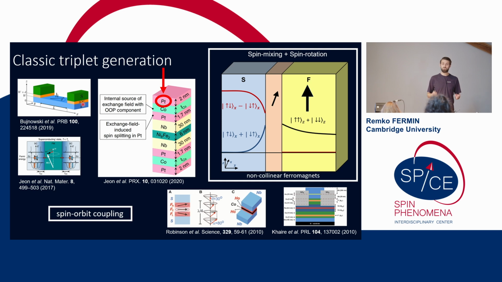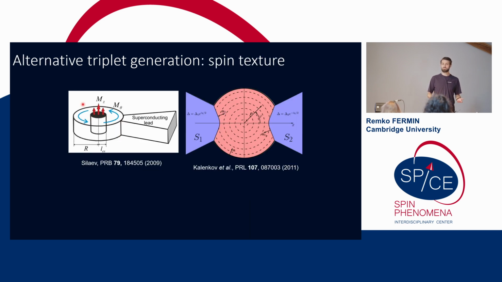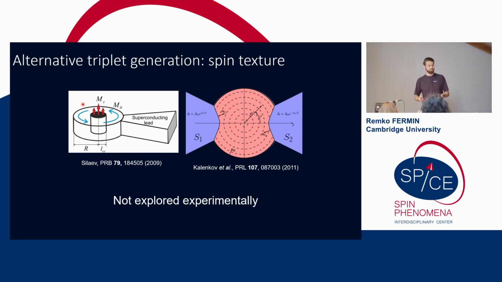But there's also one other alternative way of generating triplets, and that has so far only been studied theoretically, and that is by the use of magnetic textures, specifically magnetic vortices. So in these two works, there's a ferromagnetic vortex coupled by two superconducting leads, and it was found theoretically that they can induce a long-range proximity effect. But the point is, this was not explored experimentally so far, and that is where we started our project